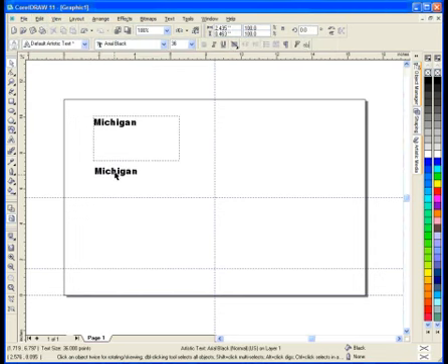Now, at this point, with the word Michigan like this, you'll see down at the bottom, on the bar called the status bar, it says Artistic Text. If I choose the other Michigan, it says Paragraph Text. Like I said, we do not want to create things in paragraph text. However, if for some reason you have accidentally created it in paragraph text, sometimes it's a whole couple of sentences,